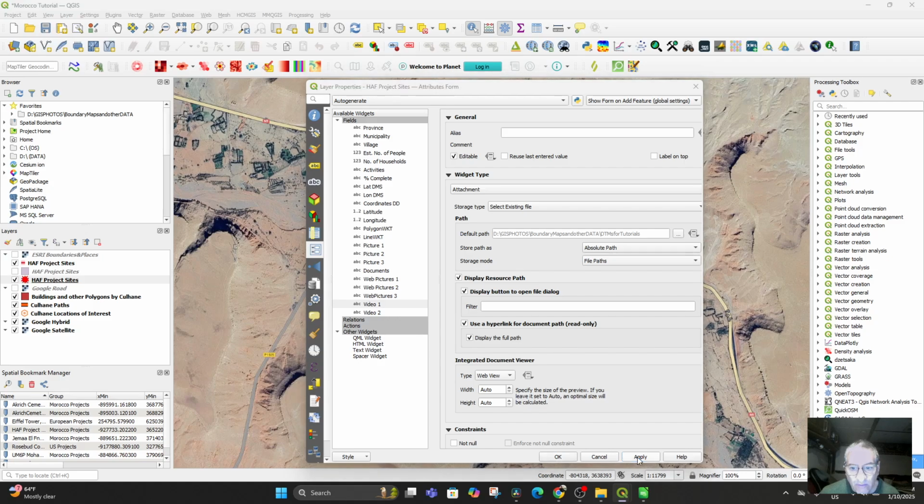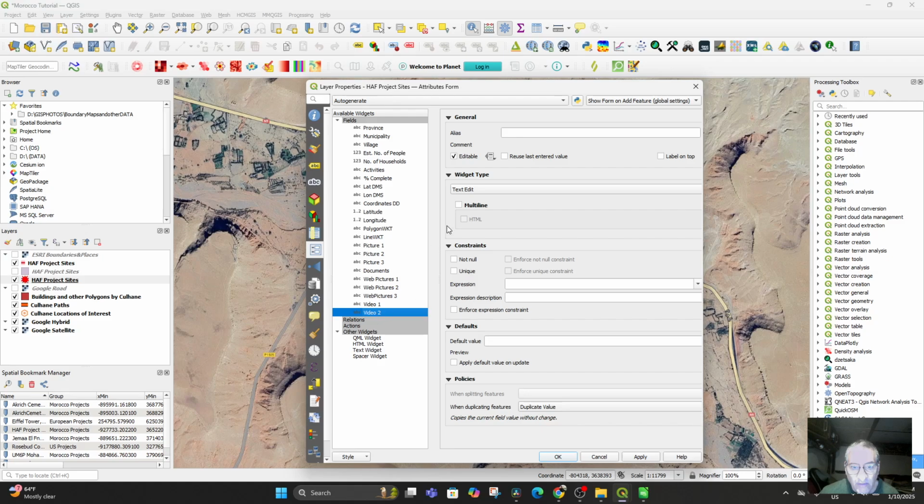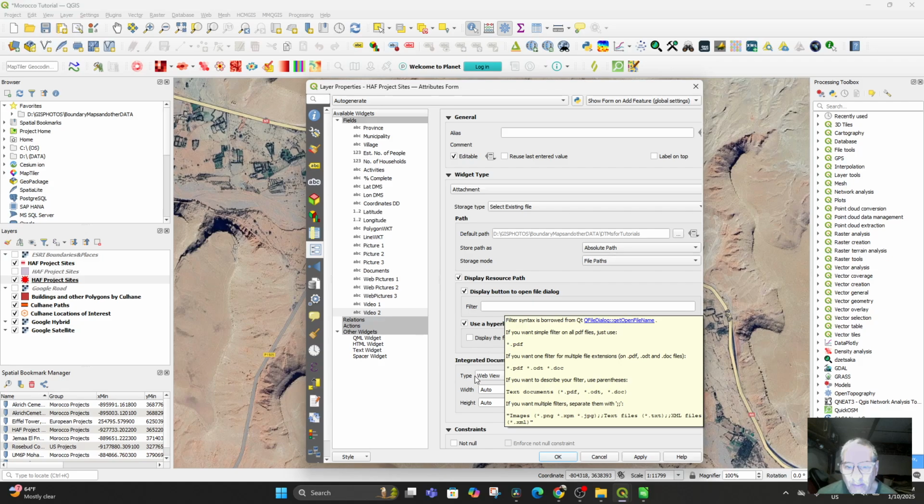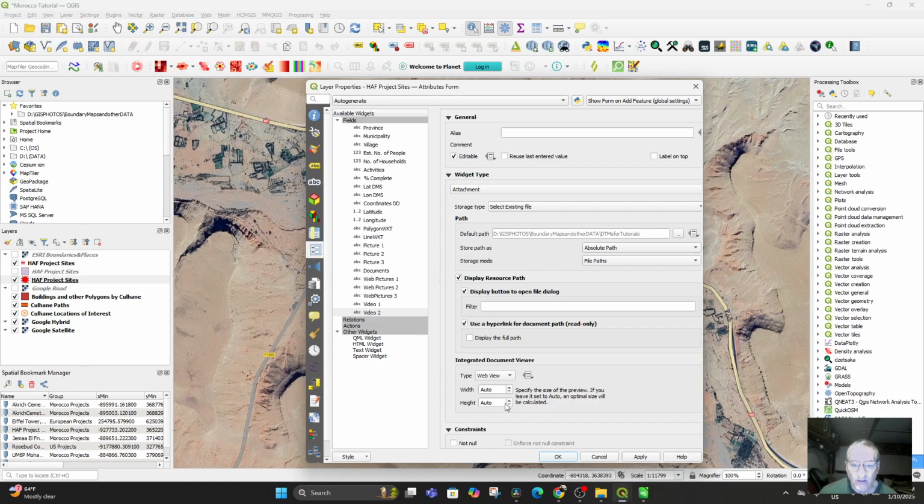And a final one here in video, attachment, hyperlink, and web view. Why not video? Because I'm not putting in a video off my hard drive. I'm using the web and applying. And then when I say OK,